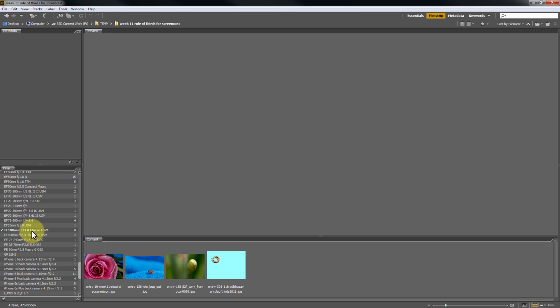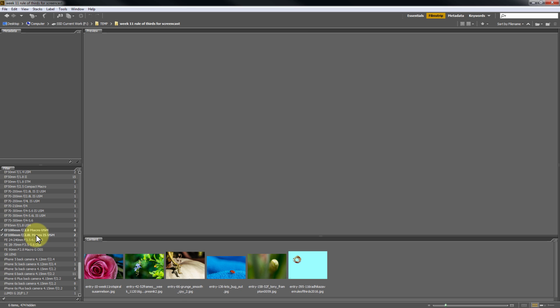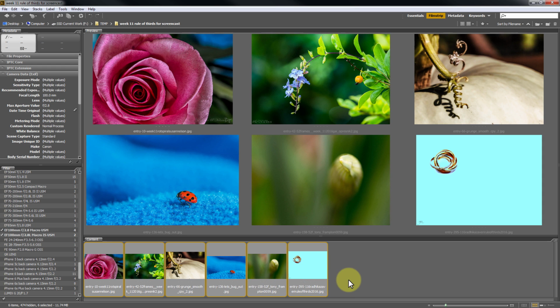It is the 100mm 2.8 macro. And these are two different lenses. One has the image stabilization, which is the one that I have. And I had just clicked on these because I was interested in seeing who's shooting with this beautiful lens. And instantly you can see these great examples of really what this lens can do,